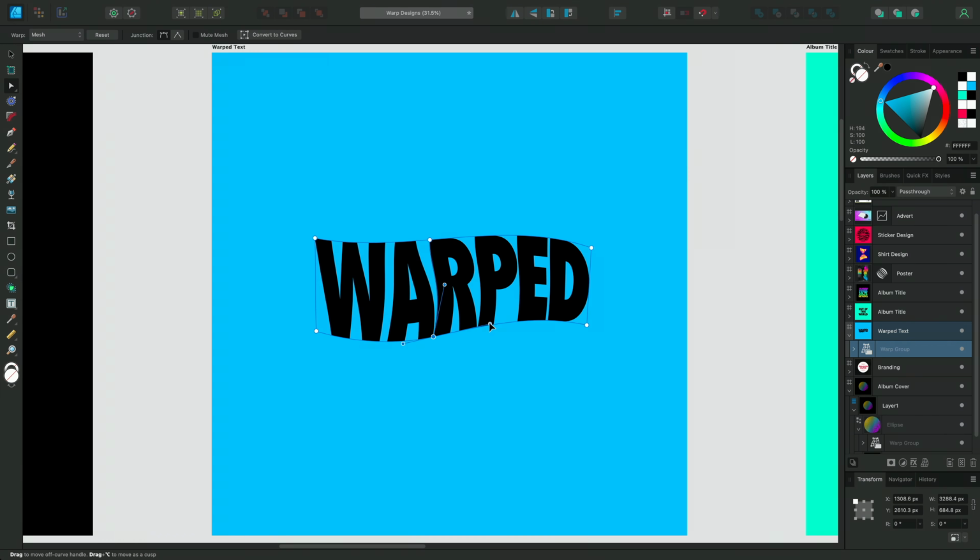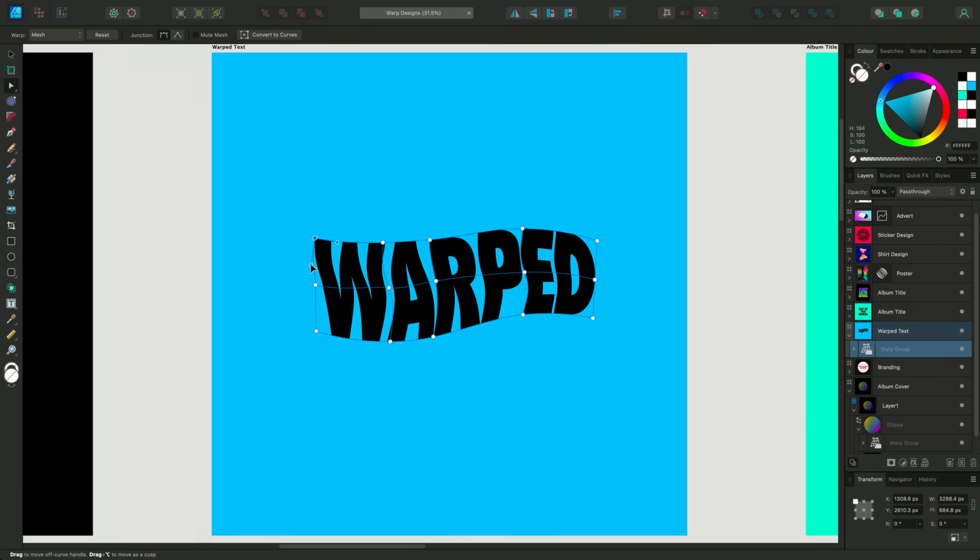If we click in one of the empty spaces, we can also then move whole segments around at a time, or by clicking again, we can create even more warp targets. So it really is hugely flexible and lets you work in your own preferred way. I'm happy with how this has turned out though, so I'll show you the next section I want to apply